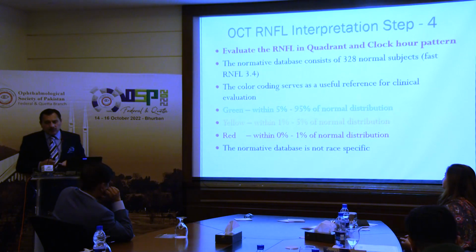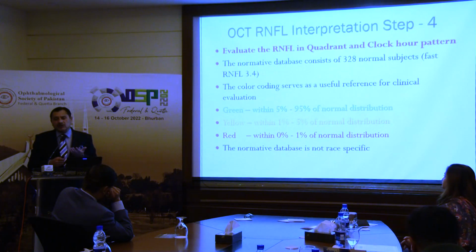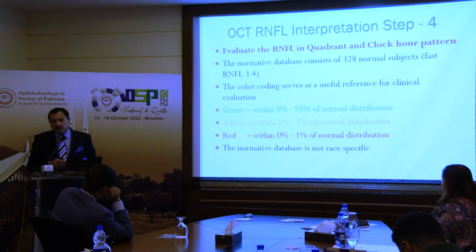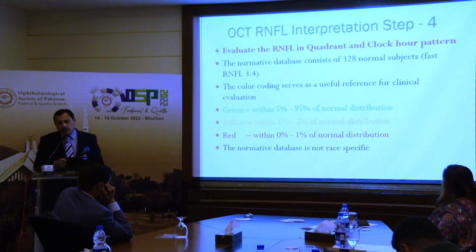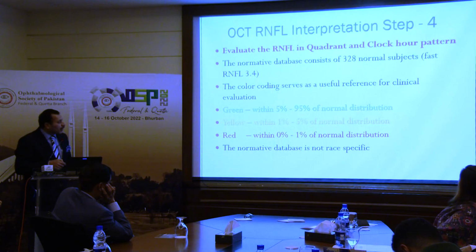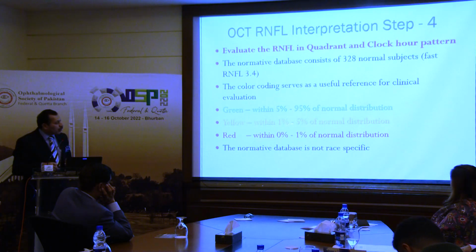अच्छा, पेशेंट को समझाने के लिए जब मैं ये रंग बिरंगा चार्ट सामने रखता हूँ तो उसको ये कहता हूँ कि इसकी जो कलर कोडिंग है ना वो बिल्कुल वैसे ही है जैसे कि ट्रैफिक लाइट की होती है, कि अगर ये ग्रीन है तो ठीक है, अगर ये येलो है तो बॉर्डर लाइन है, अगर ये रेड है तो उतना एरिया डेड है, उतना एरिया ख़राब हो गया। ख़ास तौर पे ग्लाकोमा की बात हो रही है तो ग्रीन within 5%, 95% of normal distribution, येलो 1% of 5% of normal distribution, and red is 1% of normal distribution. इसके अलावा जो कुछ होगा वो एबनॉर्मल होगा।